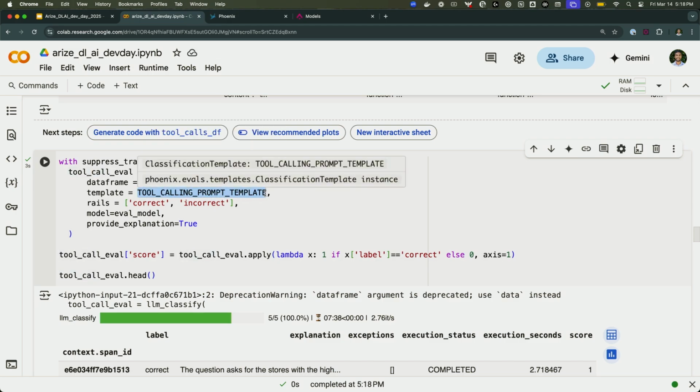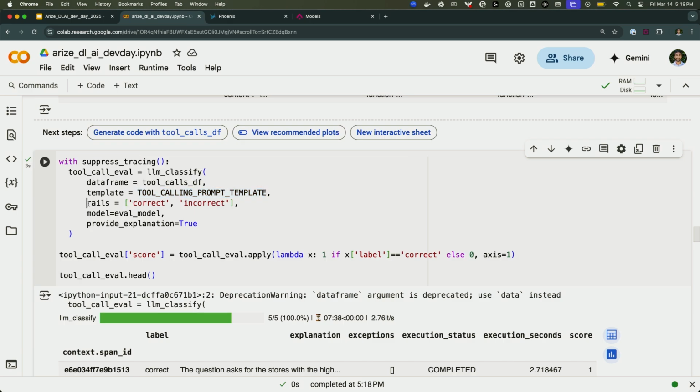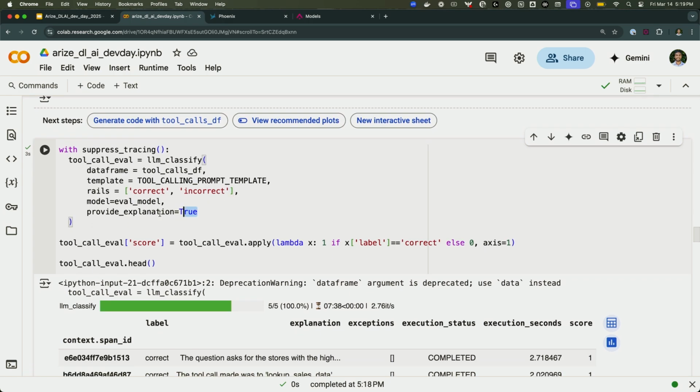We have some off-the-shelf templates, but you can really think of this as anything. You can write this to be whatever you want for your agent. It can be super specific to your business. It can be things like, don't ever answer with my competitor's product, for instance. And then I'm giving it rails here, which are correct and incorrect. This is really important because a lot of times folks who are trying to evaluate with LLMs will try to use scores, and LLMs hallucinate numbers a fair deal. So you want to give it specific terms or words that are grounded. Correct and incorrect are the rails, and then I can provide explanations.